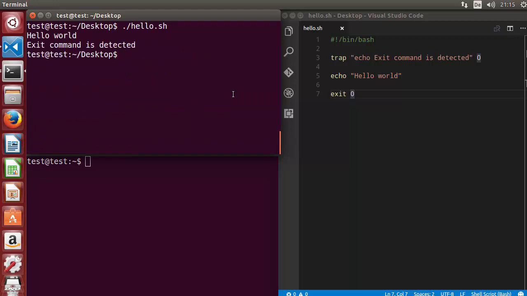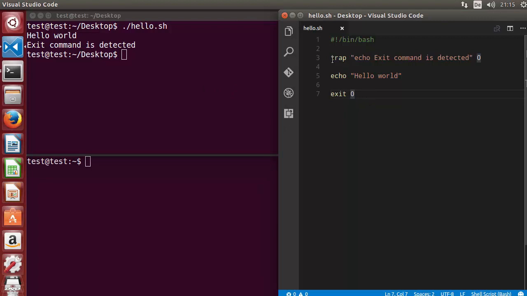And when I run the script, I can see here that the script is starting. So what is the execution sequence here? The script started. It has seen that there is a trap for some signal, and trap means whenever we receive a signal 0, then we need to execute this kind of command. Whatever command you write after the trap signal will be executed. Okay, so the command is echo, exit command is detected. So this is the command echo, and this is printed when this signal is caught, which is on exit 0